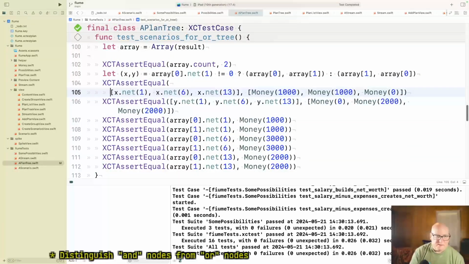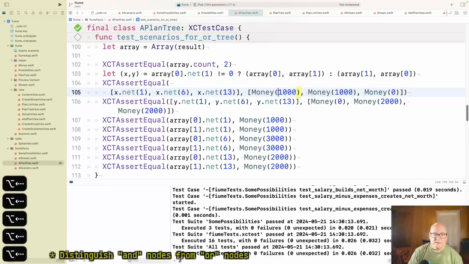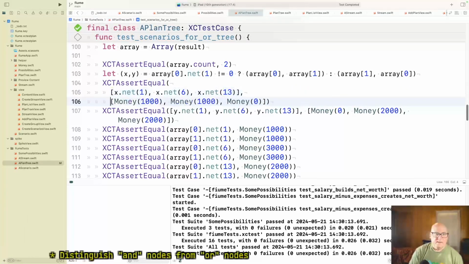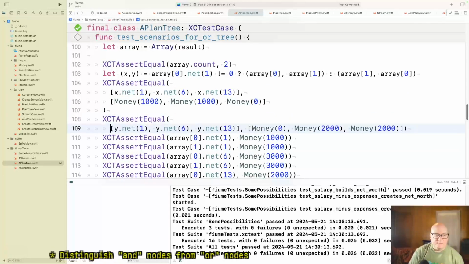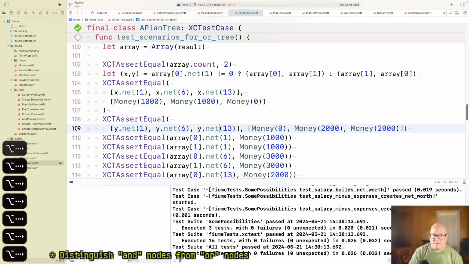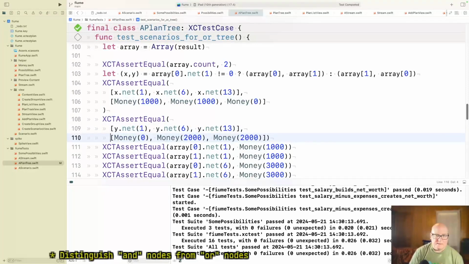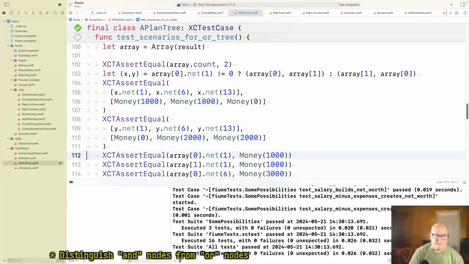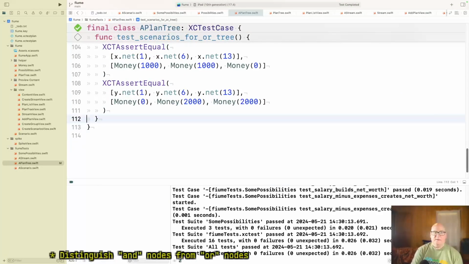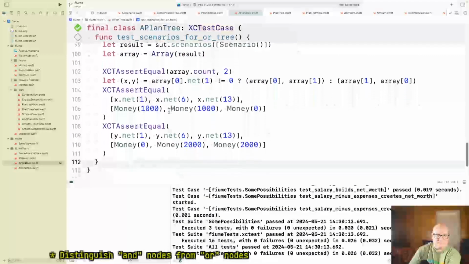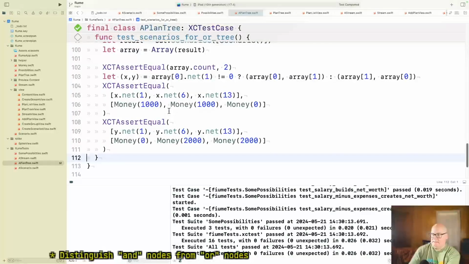All right, and I can put these, try and get them visually parallel here because I think it's moderately confusing. All right. Well, I think it's right.